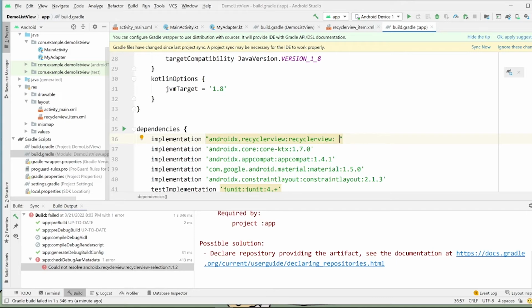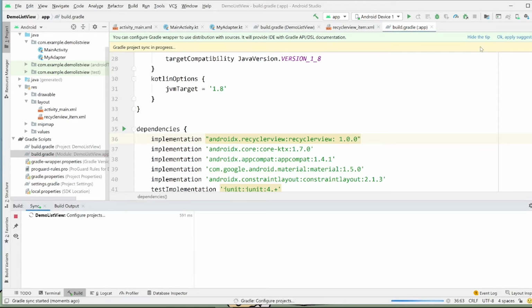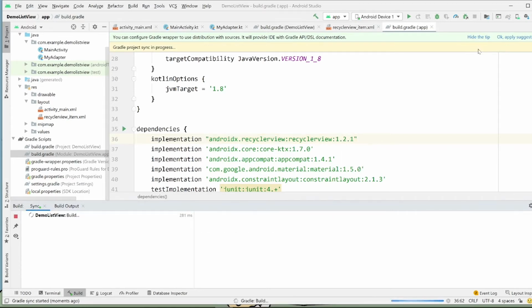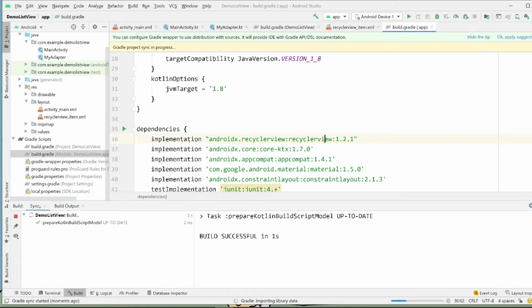Oh, 1.0. I think it's still not the newest version. Oh, change it to that. Okay, yeah, sorry. This is the newest version.